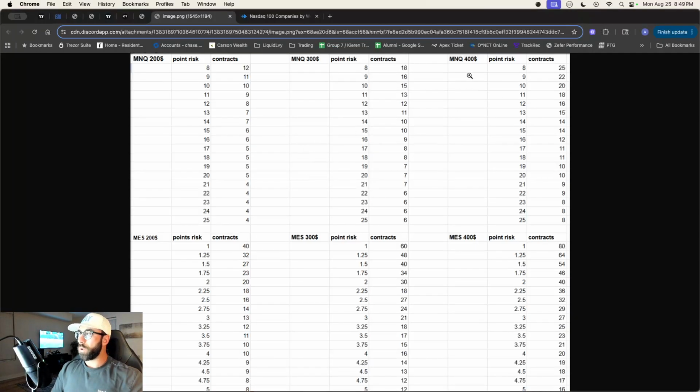So again, with $400, if the stop loss was a 10-point risk, the size that you had from your entry to that close above, or the subjective place where you want to put your stop loss, if that was a 10-point risk and you're risking $400, you can use 20 contracts or 2 minis, because it's a tenth, right? And so that's 20 times 2 is 40, times 10 is your 400.